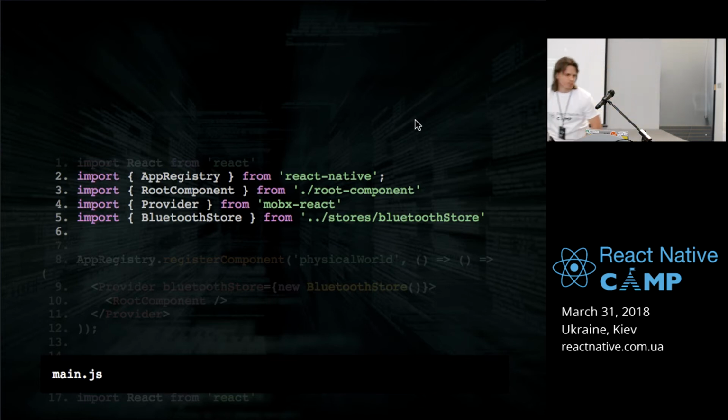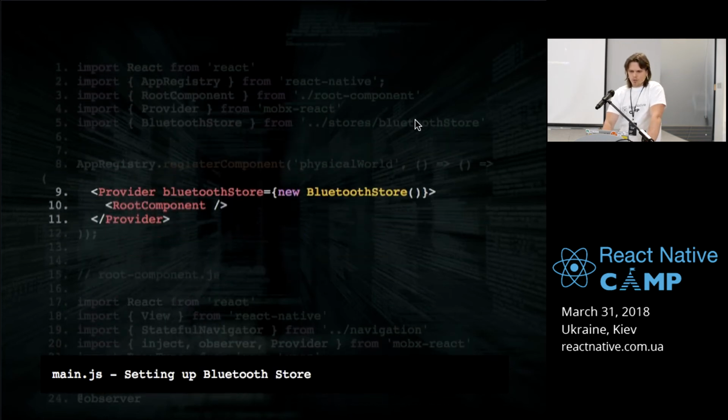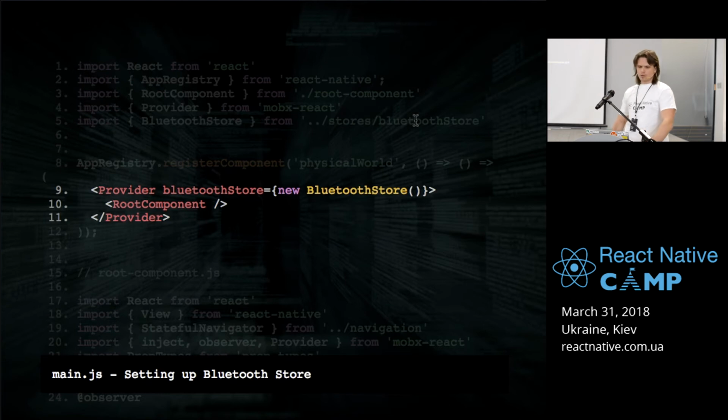So, we have AppRegistry, root component, Provider from MobX React, and the Bluetooth store. Then we register our component and we use one called Provider that basically uses React context under the hood and injects the MobX store inside the context, so you can use it and inject this store in every component.